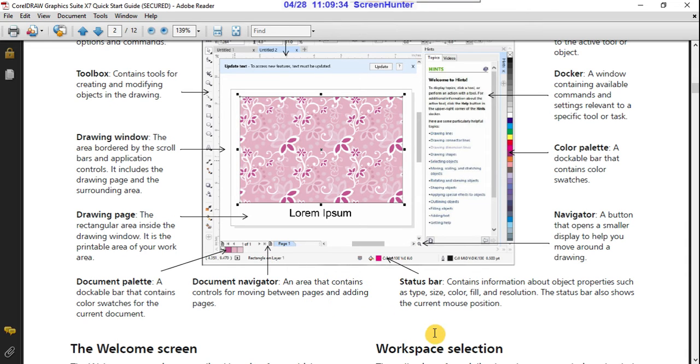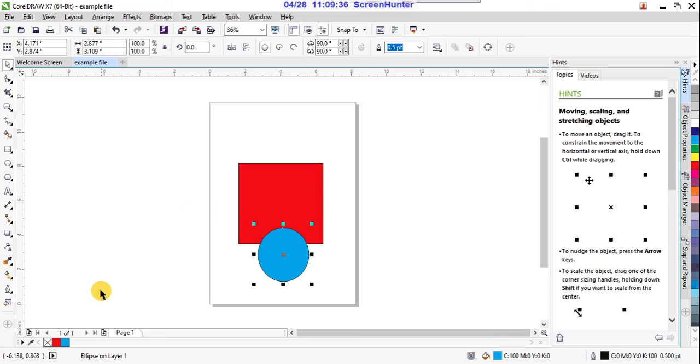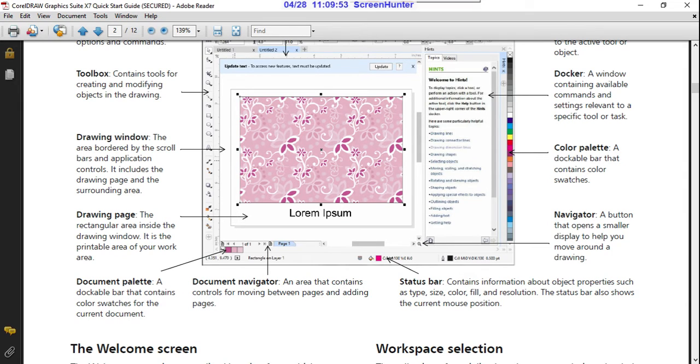and adding pages, right? See here. So you can add many pages, right? About pages and all, I'll explain in the coming lessons. So this has the option of adding pages and removing pages. So that is the document navigator, right?